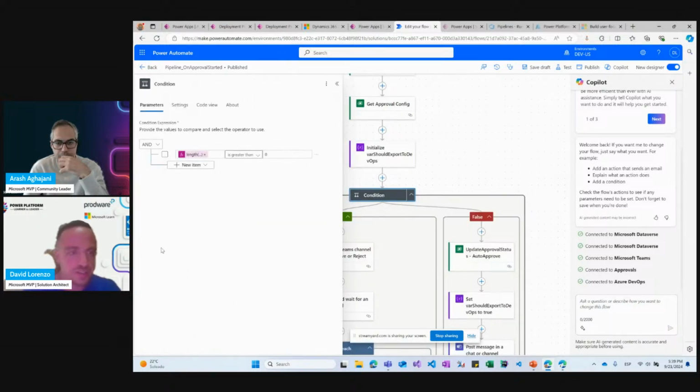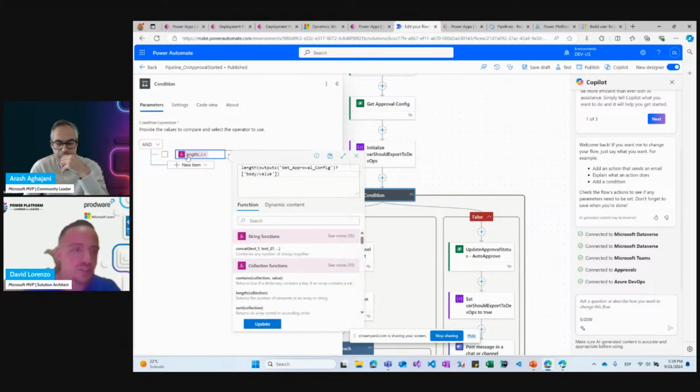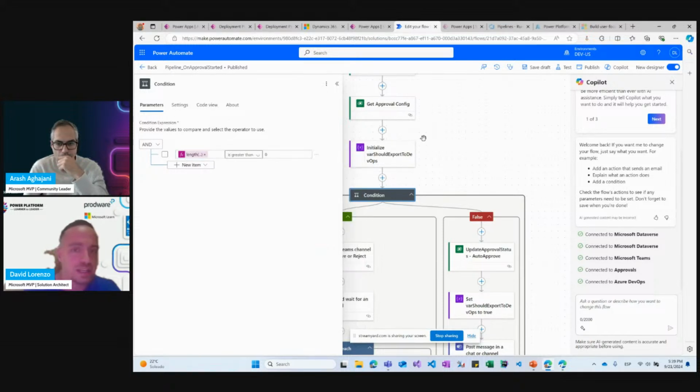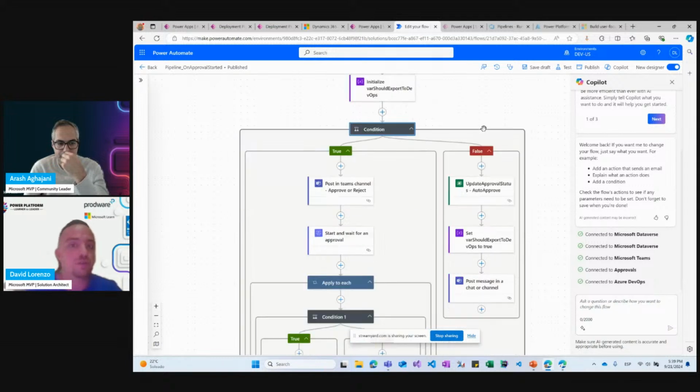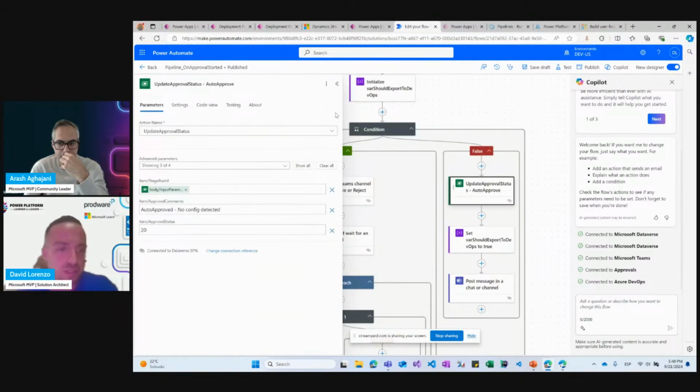So we check here the condition if there are approval configuration values in the table. If there are no values, that means the current deployment stage does not have an approval configuration, then we approve the deployment because we don't want this to be blocked by default.